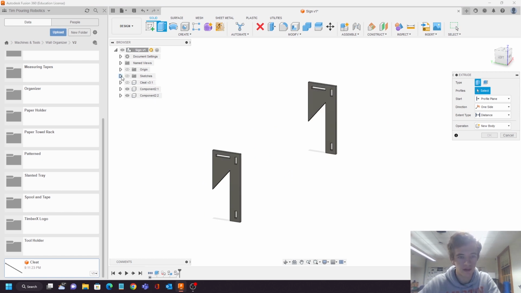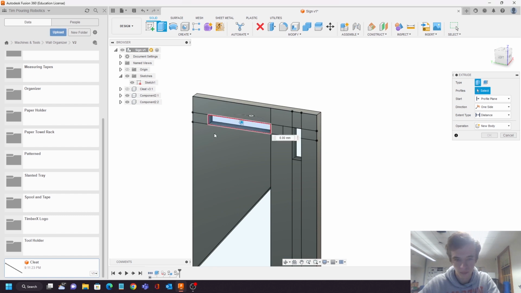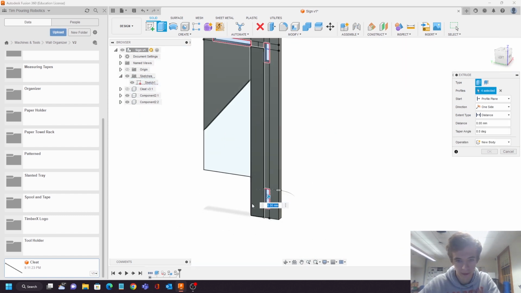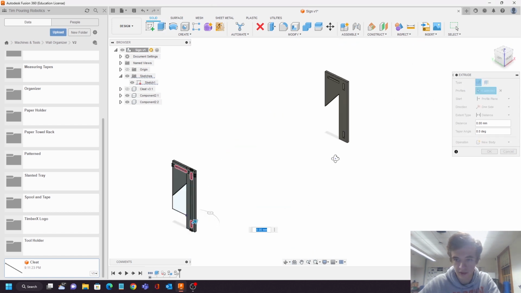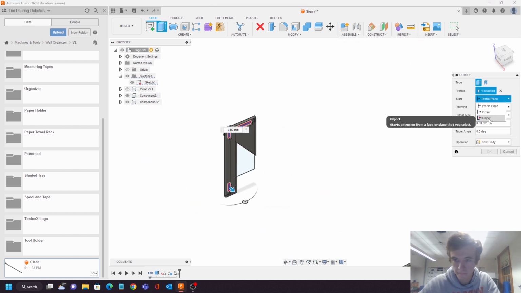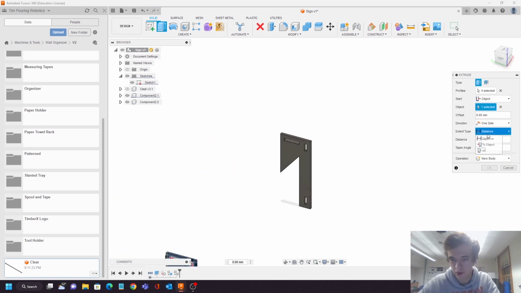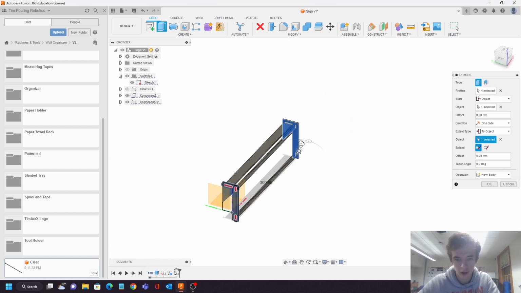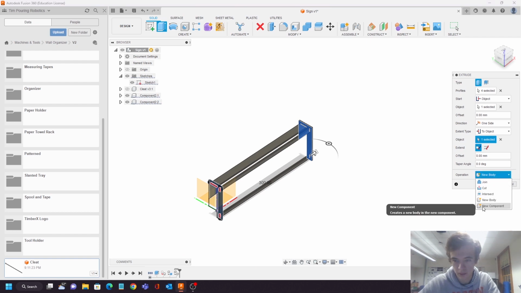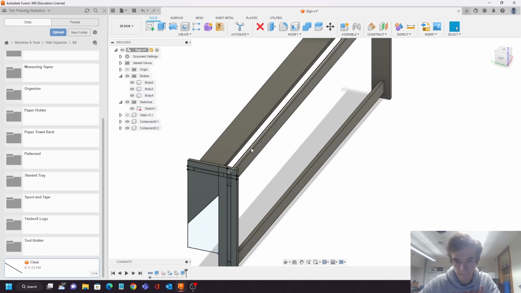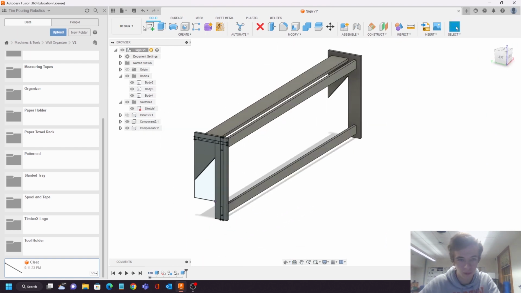together. So let's unhide this sketch. And let's go here. Let's add all these together. Alright, let's start here, like this object. And this is going to look a little goofy right now, but don't worry, it'll get better in a minute. Alright, and then we're going to click new, let's just click new bodies for these. Awesome, okay. So that's not exactly what we're looking for, but we're going to fix it up in just